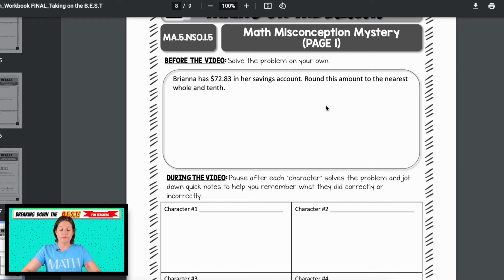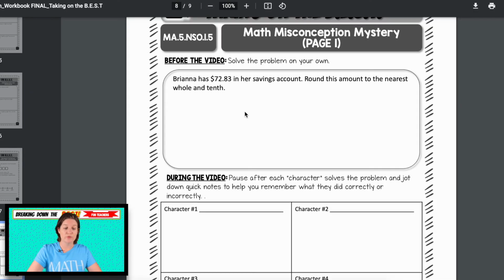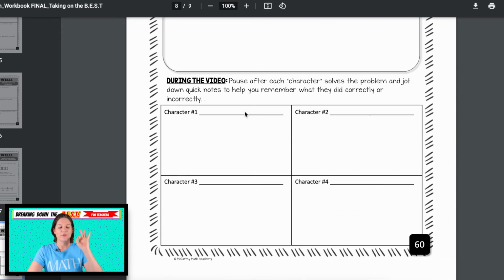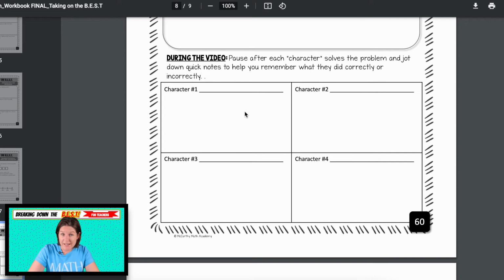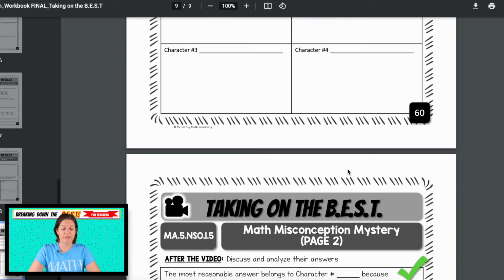So the video right here walks your students through the process for this. So first the video will say, okay, stop, solve this problem on your own or in your group, work it out, get your answer. And then you're going to watch 4 characters, which are really just me dressed up in silly costumes. 3 of those characters will make a mistake that students commonly make, and only 1 will have the most reasonable answer. So as they're watching the video, they can just jot down some notes from the characters, and